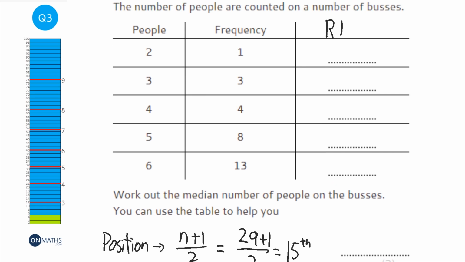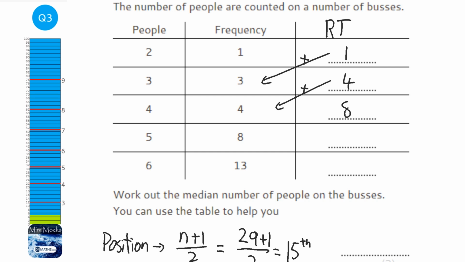Something else I write on a table is the running total. So we're just going to do a running total, so it's only 1 in the first one. Then we're going to add the 3 there to get 4. Going to add the 4 there to get 8. Going to add the 8 there to get 16. And we're going to add the 13 there, and hopefully that should give us 29. Now, these numbers here,